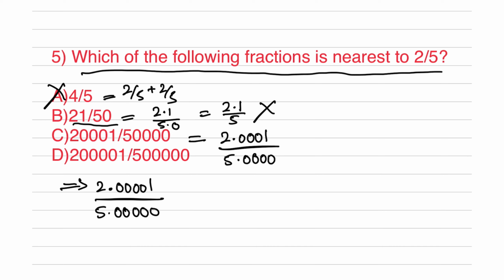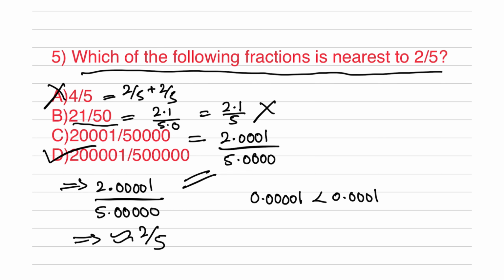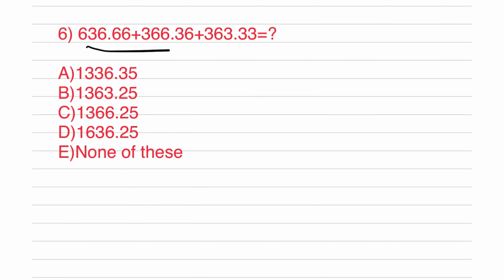And if you compare these both, 0.00001 is negligible compared to 0.0001. So this will be nearest to 2 by 5. So option D is the right answer. See the sixth question. We have to add this